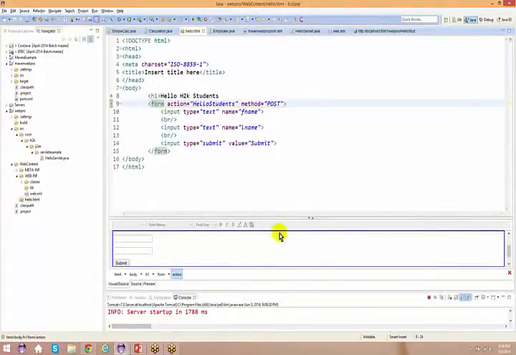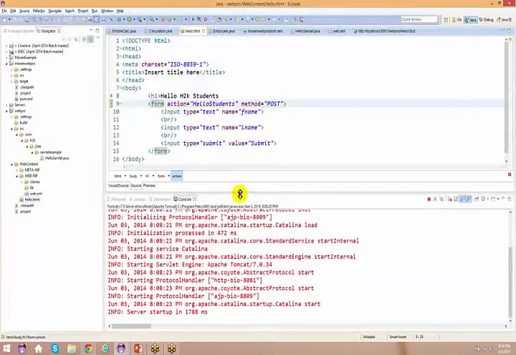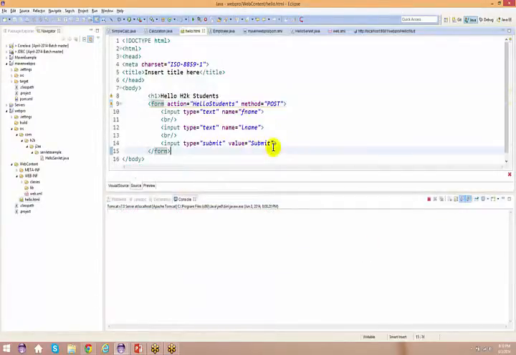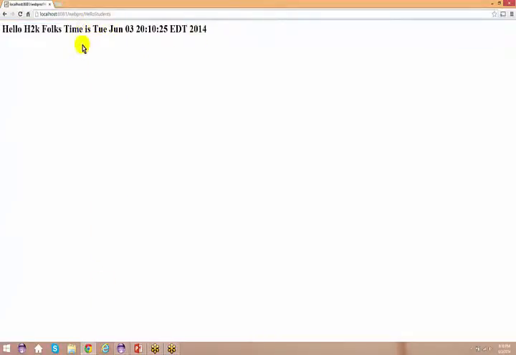So let us go to the logs here, and okay, let me just say source, clear this, and go to my browser and just say submit out here. Okay, so when I did a submit, I got some response back, no doubt, because if you can see the URL out here, initially the URL was hello.html. Now when I did a submit, the URL is hello student. So where is the hello student coming from?